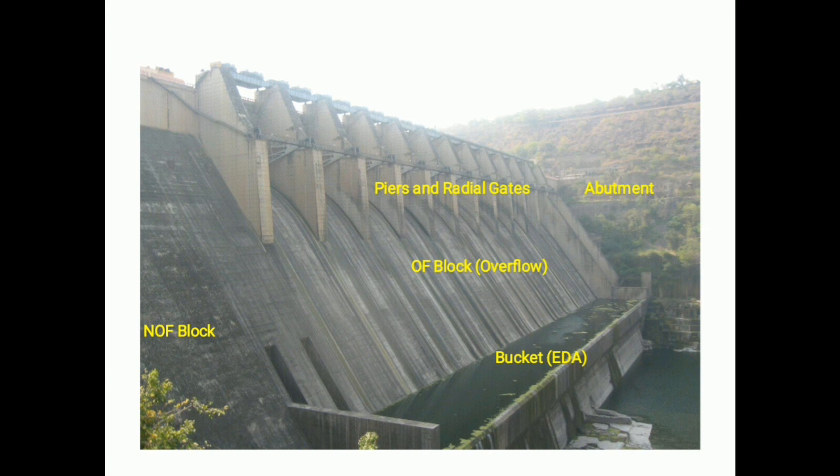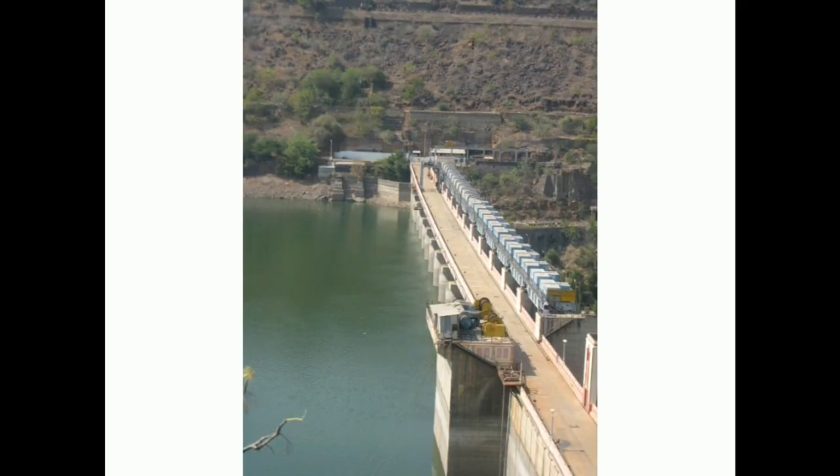This is one more picture, the upstream picture of that dam. The reservoir we all know. This is one sluice or intake shaft, where again you can see on the top there is an operating gate or operating mechanism. And like we discussed in the previous slide, there are many radial gates, but for all those radial gates, different types of hoisting or lifting arrangement are required. This image shows the hoisting arrangement.